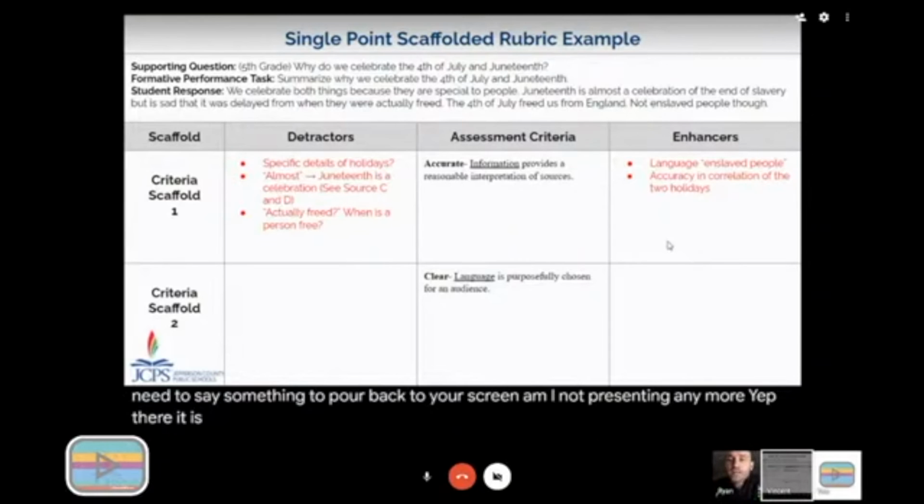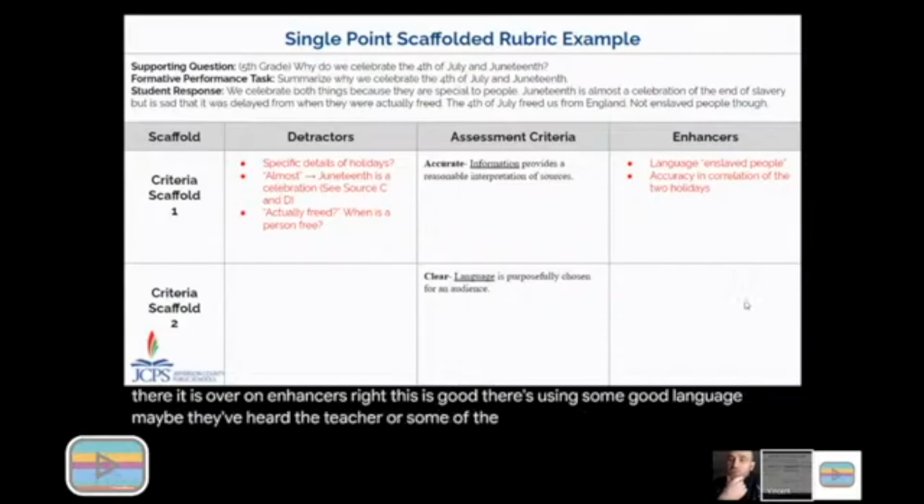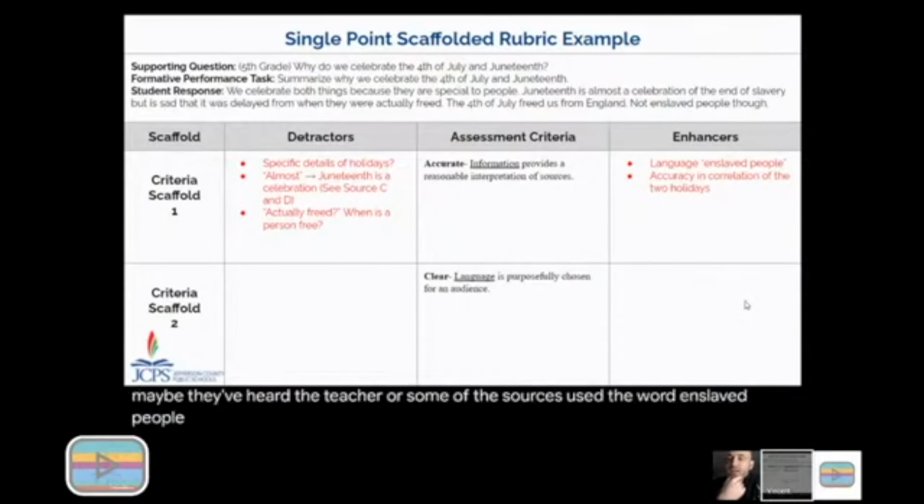Over on enhancers, right? This is good. They're using some good language. Maybe they've heard the teacher or some of the sources use the word enslaved people versus slaves, for example. This is an important understanding of what was done to people. And then when we see the